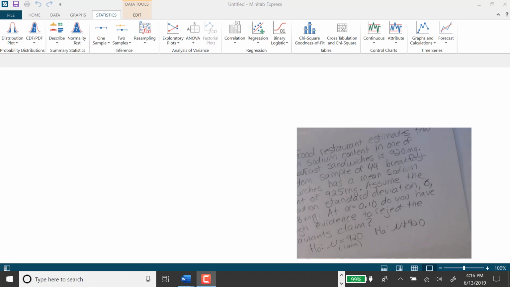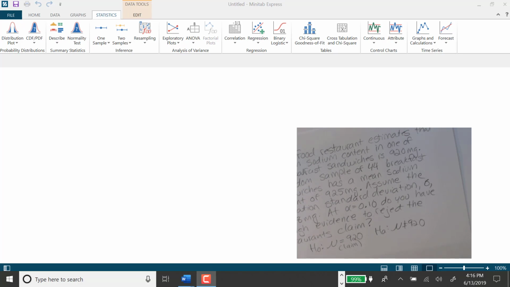Let's take a peek at how to get the standardized test statistic for a two-tailed hypothesis test for the mean, sigma known, single sample. Now, I previously did this problem by hand and on the TI-84. Technology will give you the test statistic in standardized form and the p-value, but unfortunately it won't make the decision for you. So you still need to understand how to make a decision with either the critical value method